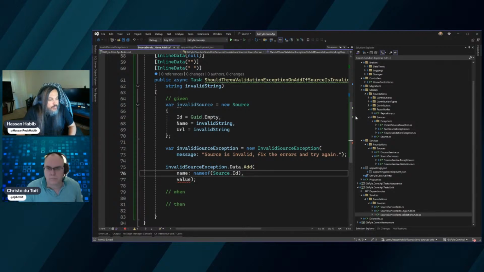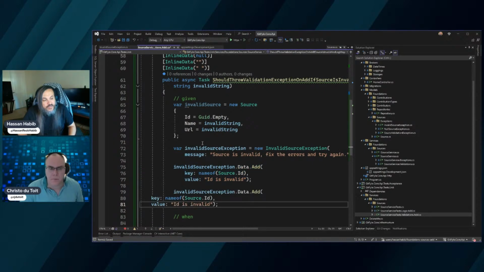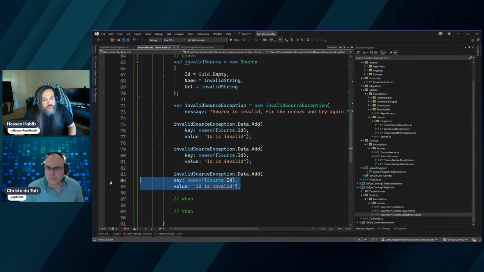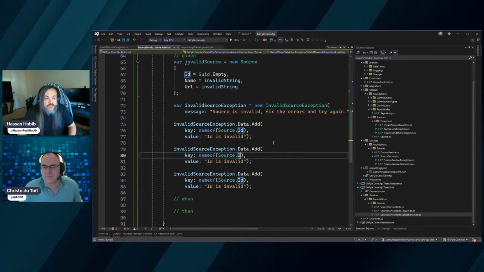Let's see, what are the parameters on this thing? Add has a key and a value. Yeah, key and value. There you go. ID is invalid, like that. And then we want to repeat that. So you're basically building the problem details in your controller API response. Problem details tells you why every single property you have in the system is incorrect, and you need to fix